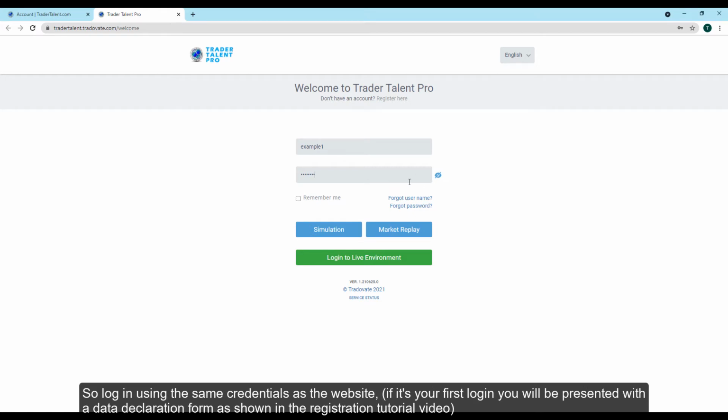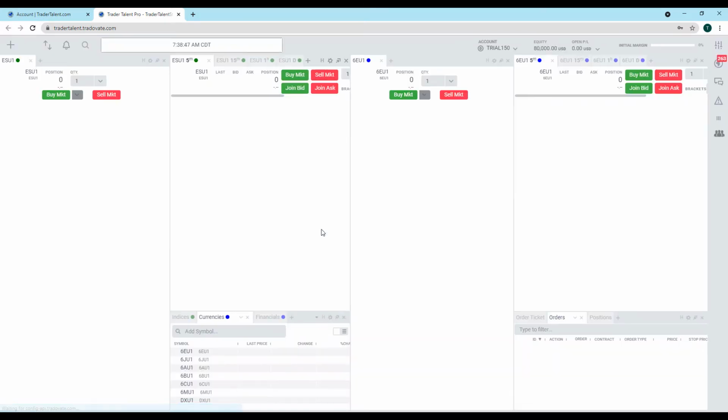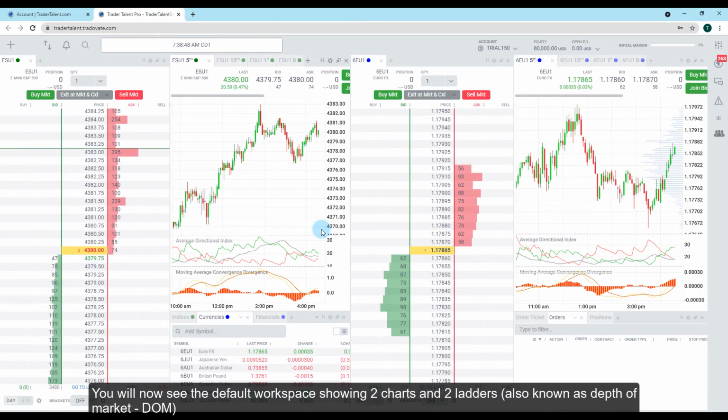So log in using the same credentials as the website. If it's your first login, you'll be presented with a data declaration form as shown in the registration tutorial video. And you'll now see the default workspace showing 2 charts and 2 ladders, also known as depth of market or